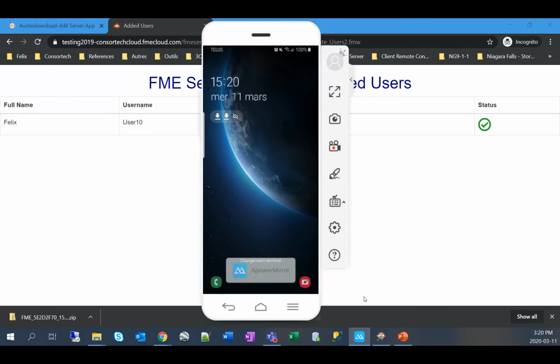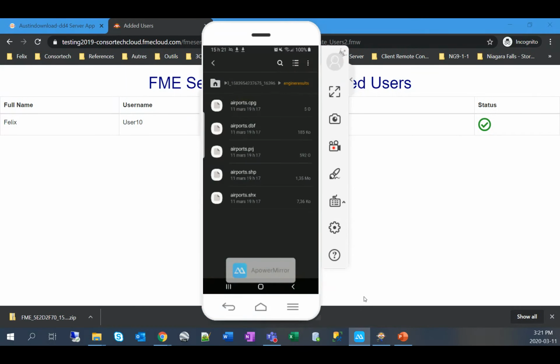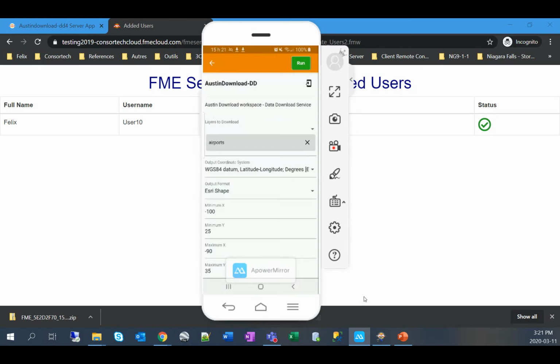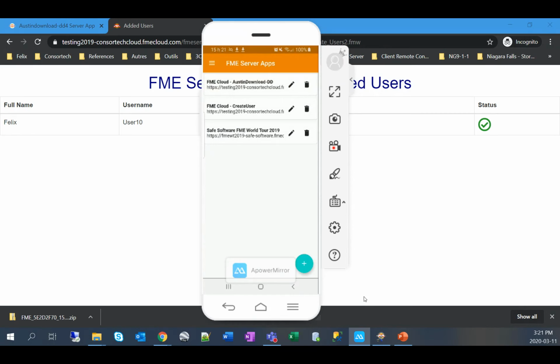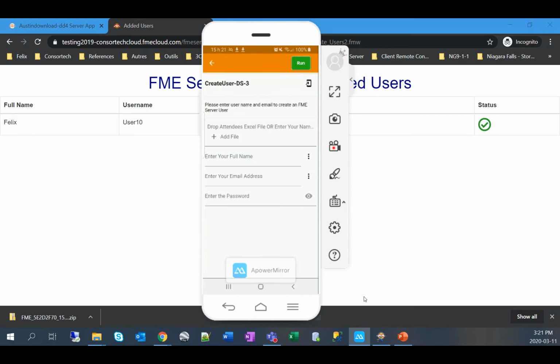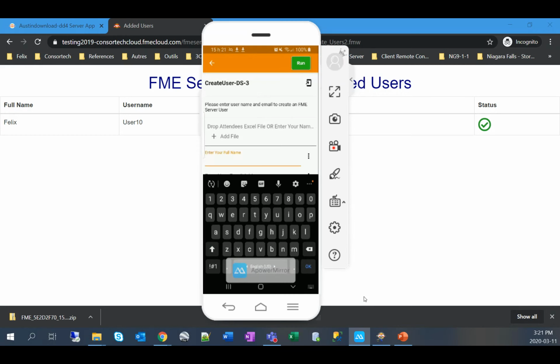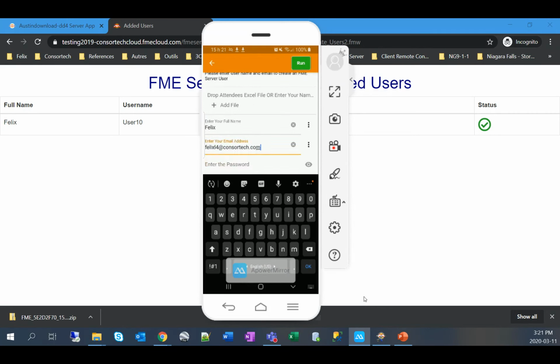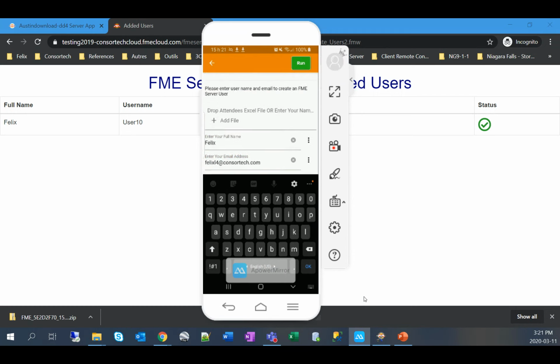Now, if I go to mobile here, I'll go back to my FME Data Express, to my Create User app. And again, fill in the information. Oops. I don't know if you saw this, but